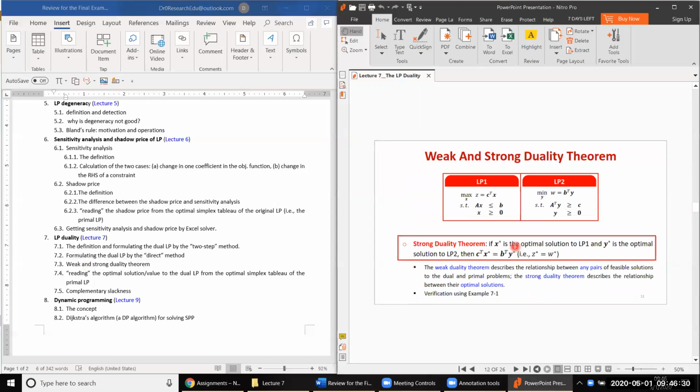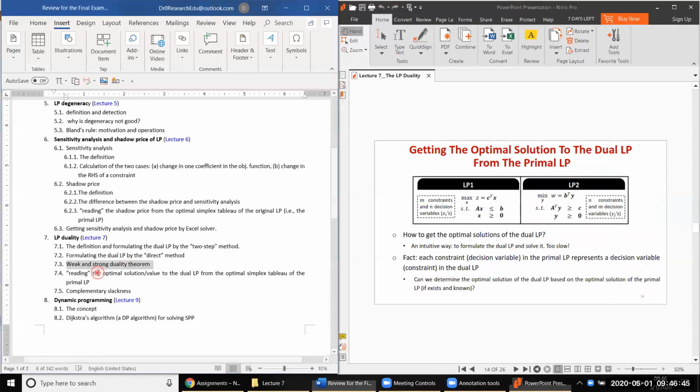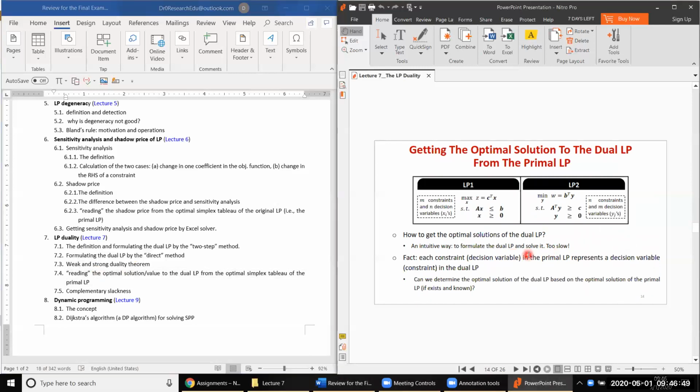Okay, and by the weak and strong duality theorem, we have what? One very important thing is the strong duality theorem here, that we must know the optimal values are exactly the same. This is very, very important. And then the thing is, after it is how to read the optimal solution or optimal value from the dual